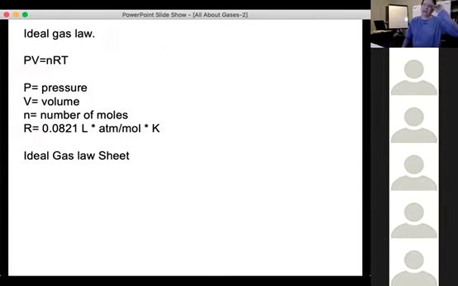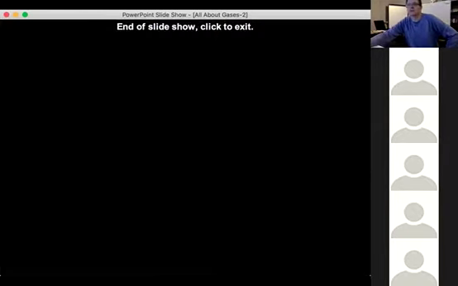And the last gas law we'll look at is the ideal gas law. PV equals nRT. There's pressure, there's volume, and the number of moles. R is a gas constant. That's 0.0821 liter atmospheres per mole K. And there's problems on the ideal gas sheet. That was it for the gas PowerPoint. So we're just going to jump right in and